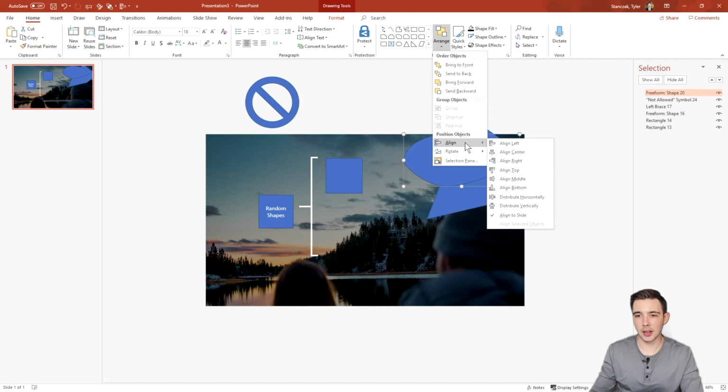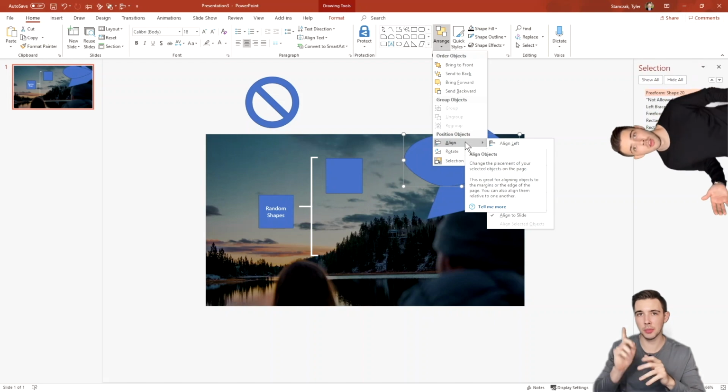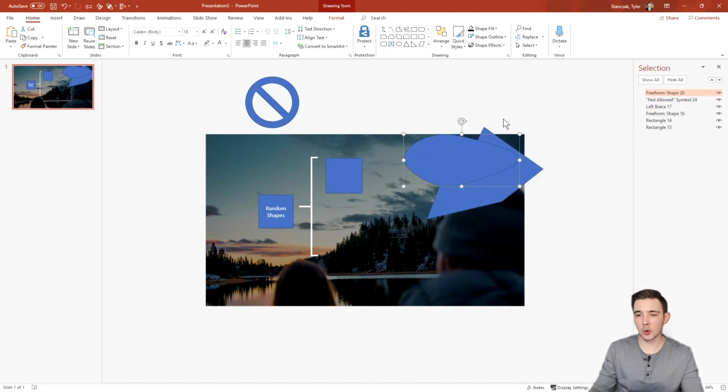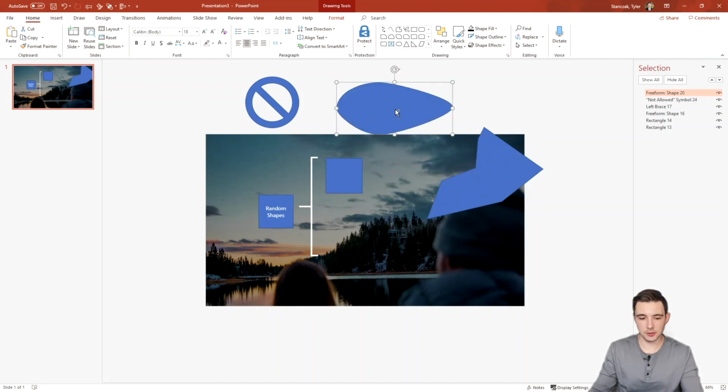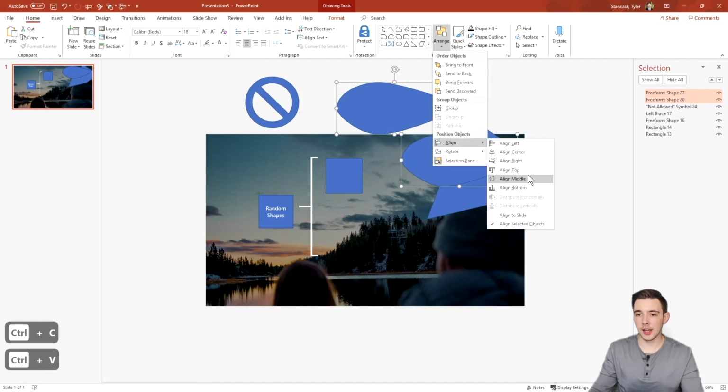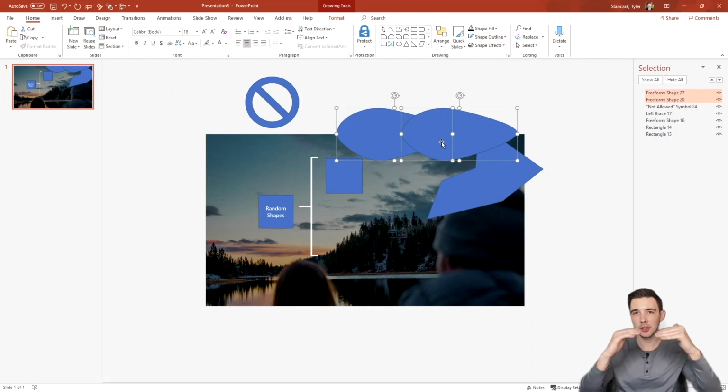Another thing to note is align. I actually did a video on how to align objects efficiently in PowerPoint. So if you haven't seen it already, make sure to check that out in the notification up above. But this is a quick way to just really clean up your slides. So if you want to align, let's say you have two of these and they're kind of off-centered, you can click both of them, hit arrange, align, and then do align middle. And now they're going to be aligned in the same middle axis right here.